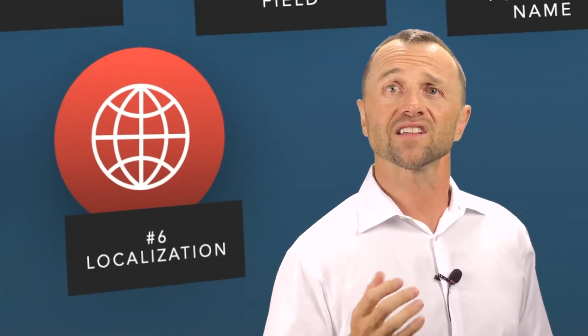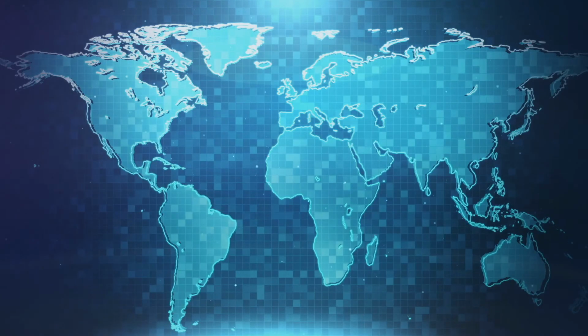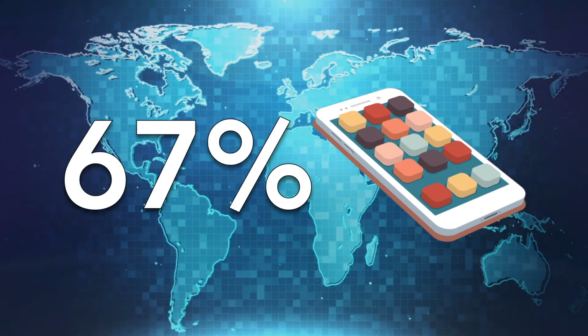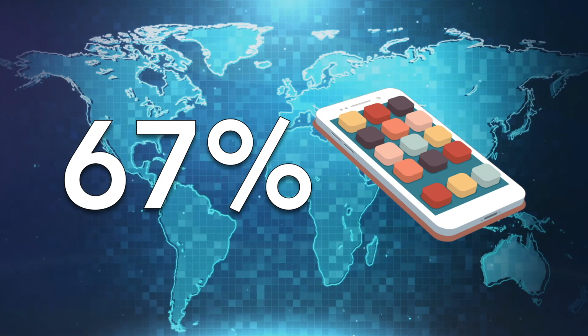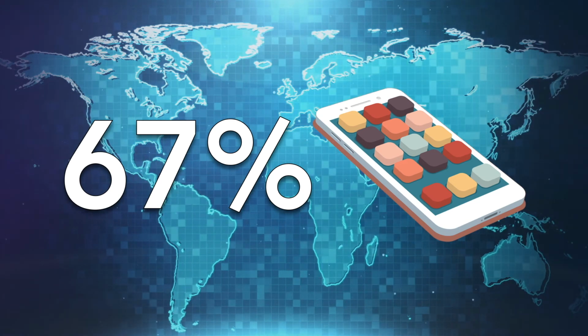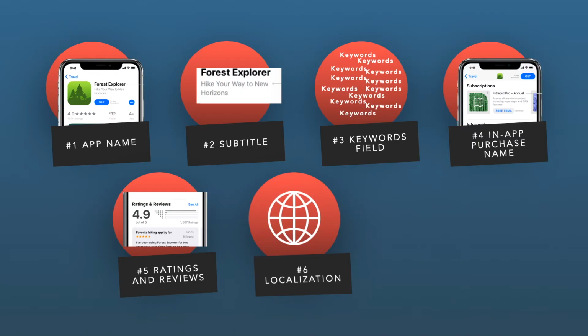6. Localization and translations. 67% of the world population has a mobile device, and since not everybody speaks English, translating or localizing is a must. To do so, and whenever possible, translate your app name, app description, keywords, app previews, and screenshots for each of the markets in which you want to offer your app. In addition to significantly increasing your reach, localizing will generate trust amongst your users and help you identify where the demand for your apps comes from.